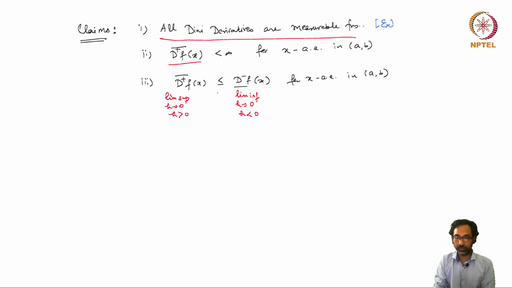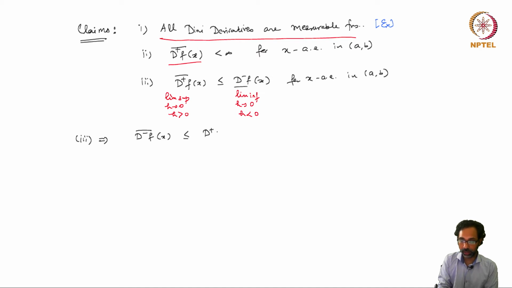So the D plus upper bar is less than or equal to D minus f lower bar, and in fact this point 3 implies that D minus upper bar f(x) is also less than or equal to D plus f lower bar (x) for x almost everywhere in (a,b). So this can be obtained